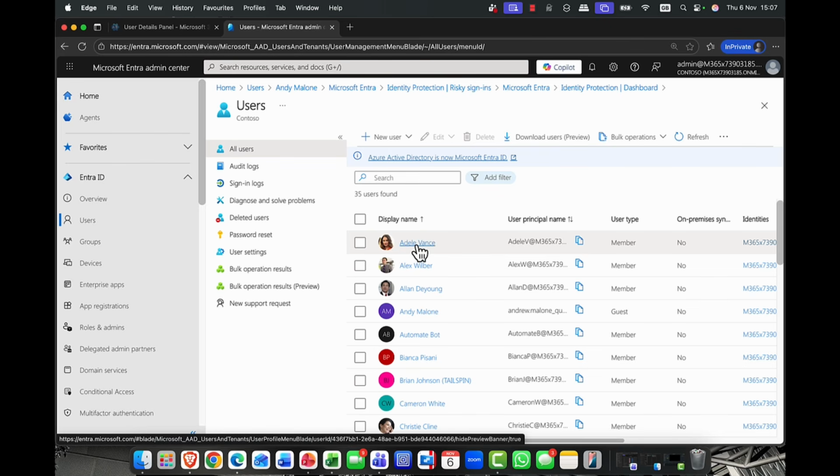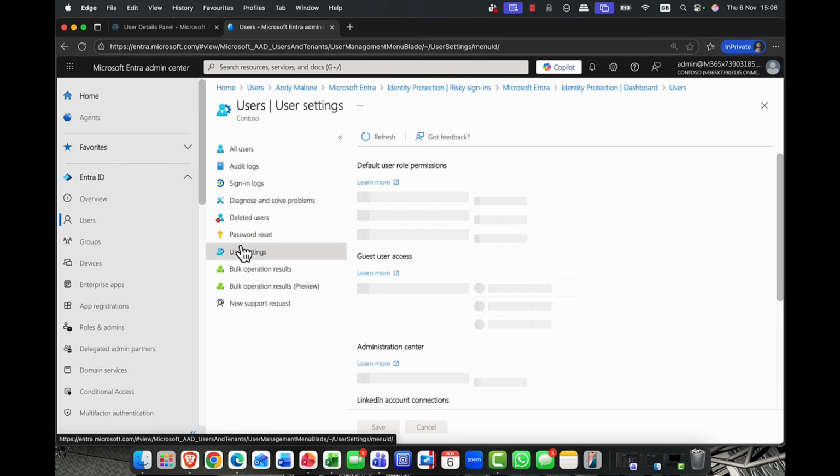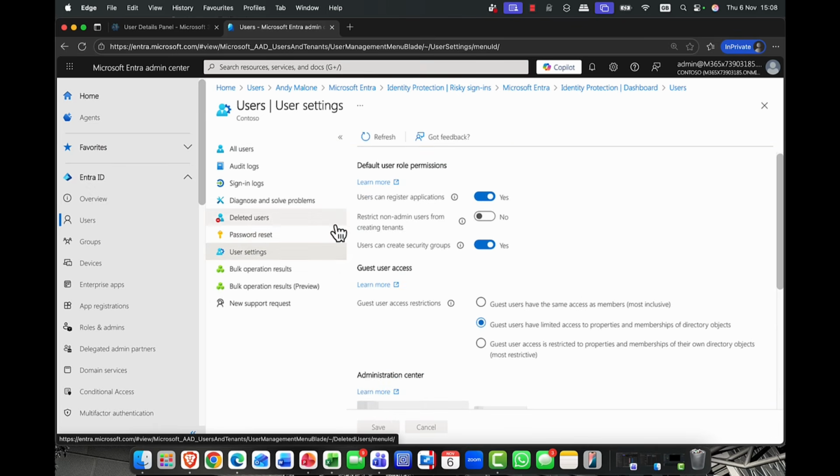Typically in here you would select a user, and you would choose how you want that user to sign in with a strong password, or in our case now multi-factor authentication, or maybe even something a little bit stronger like phishing resistant credentials. So yes, authentication can definitely help. Now, there are a few settings that we need to get in place in order to secure our environment. So, for example, in user settings here,